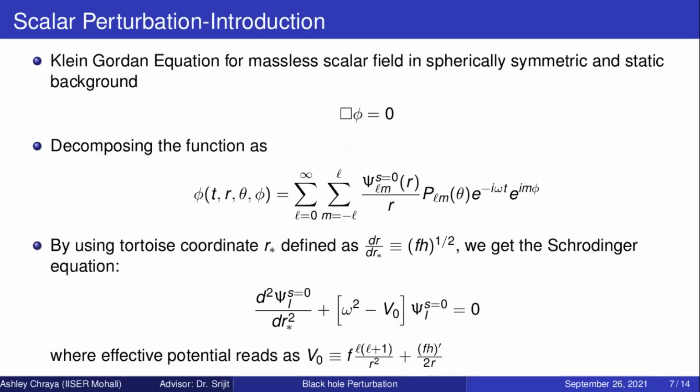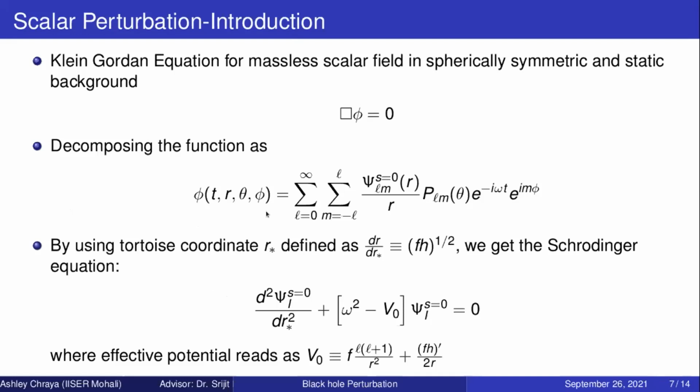Now for scalar perturbation, we all know that we have the Klein-Gordon equation for a massless scalar in a spherically symmetric and static background, as this first equation. And now what we do is decompose this scalar field into a radial component, time harmonics, and Legendre functions. Now we put this into the first equation, and finally what we get is